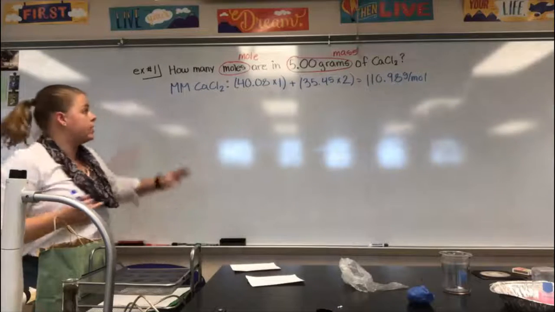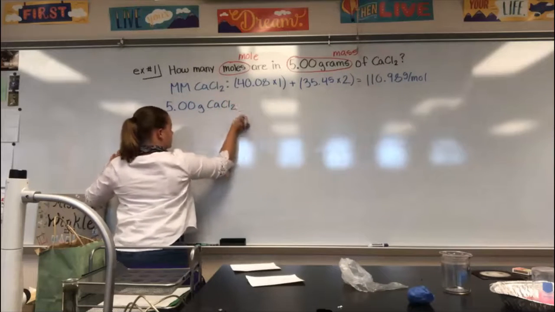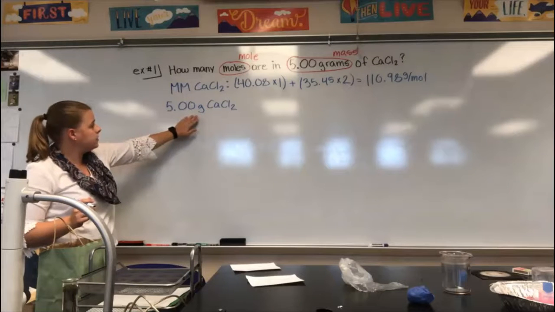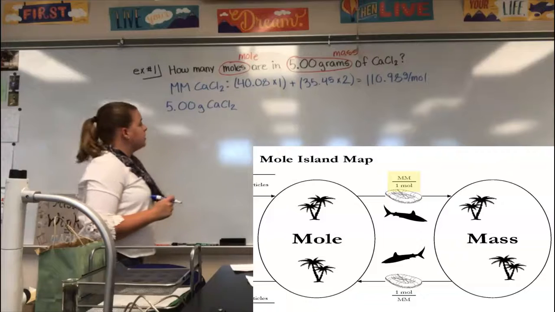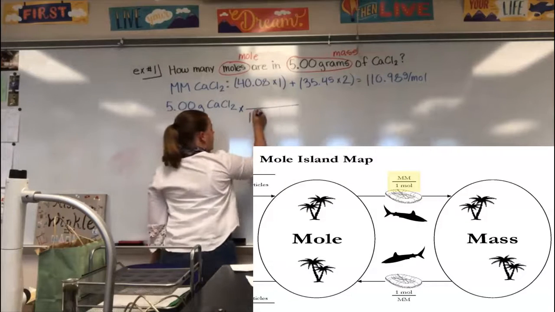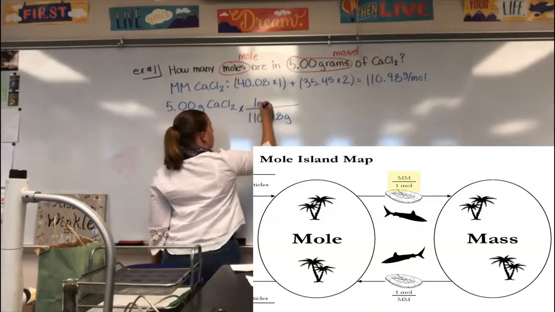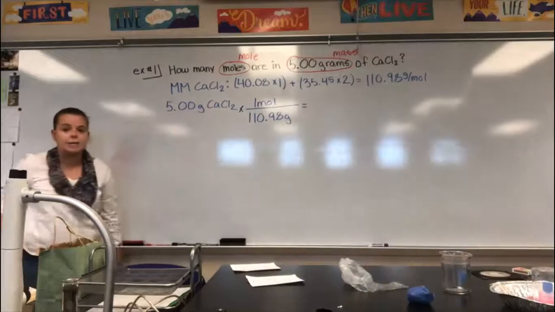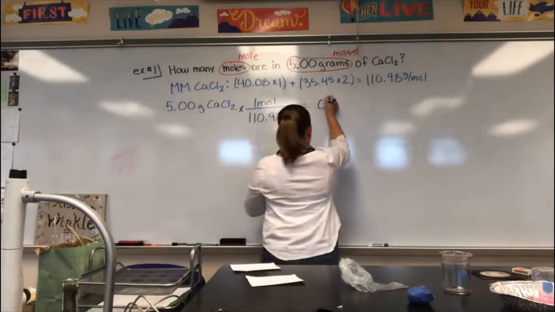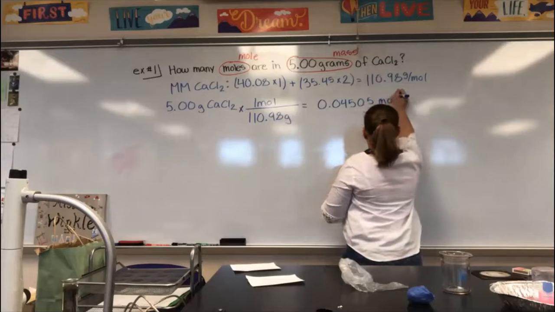So let's go ahead and start calculating. We always write out what we're given. We're given 5.00 grams of CaCl2. Then let's go ahead and look at the mole island sheet. Since we're going from mass to moles, on your mole island sheet it tells you that your molar mass goes on the bottom, so that's what we just calculated at 110.98 grams. And on the top, it tells us it's 1 mole. So again, we multiply the top, divide the bottom, and when you do that on your calculator, you are going to get 0.04505. Again, our unit is moles, and the compound is our